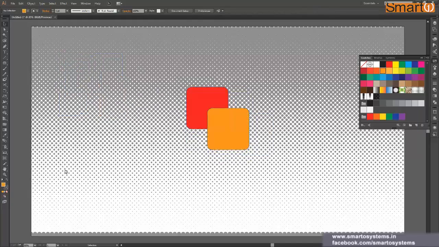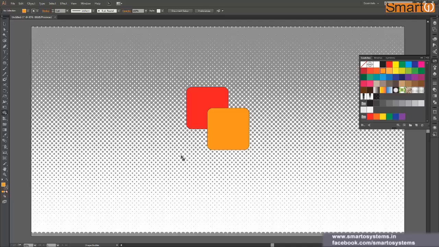Okay, now to select the shape builder tool, you can click on this icon on your toolbar, where you have two circles side by side, and there is a cursor on the top of the rightmost circle. That is the icon for the shape builder tool, and the shortcut key for this tool is Shift M. So you can press Shift M on your keyboard to select the shape builder tool also.